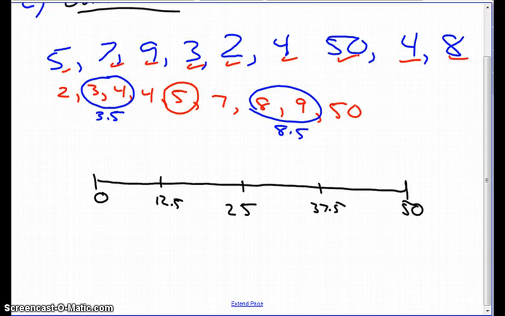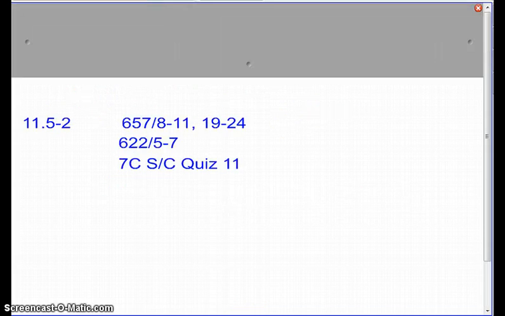Okay, very quickly, our median is 5. Wow, it's way down here. Our lower quartile is 3.5. Upper quartile is 8.5. Look where our box is. Good, so 50 is our outlier, making this a very fun thing. Right, whoops. Here's your